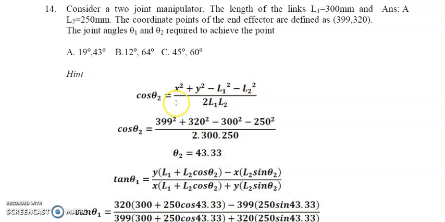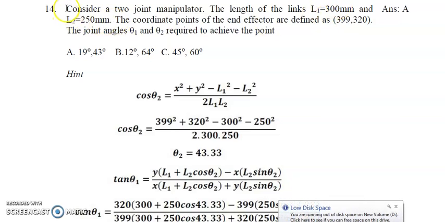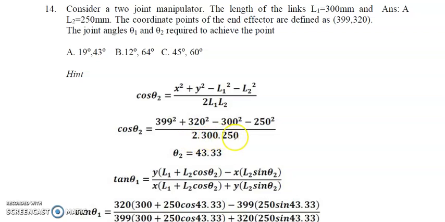So cos theta 2 is equal to x square plus y square minus L1 square minus L2 square by 2 L1 L2. So cos theta 2 is equal to x value 399 square plus 320 square minus L1 300 square minus L2 250 square divided by 2 into 300 into 250. So the answer is theta 2 is equal to